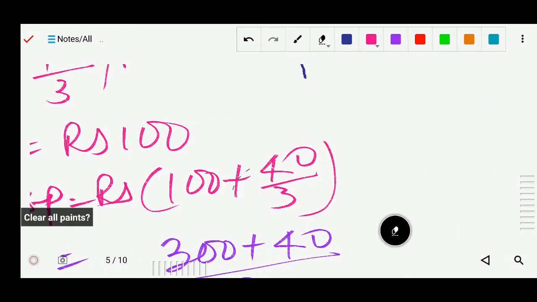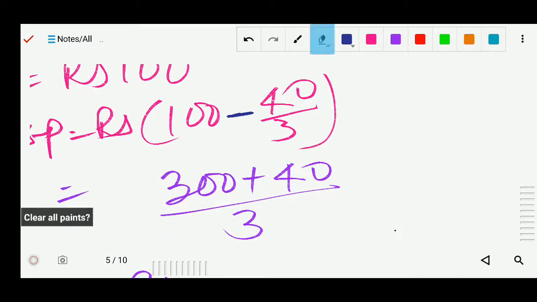ओके, सो हियर वी विल डू सब्ट्रैक्ट. So here we will do subtraction. Here also it will be subtract. Okay, now this